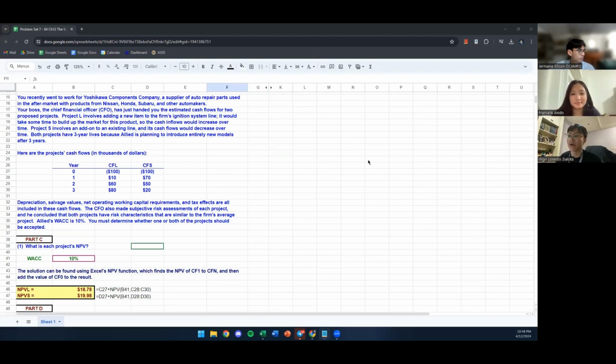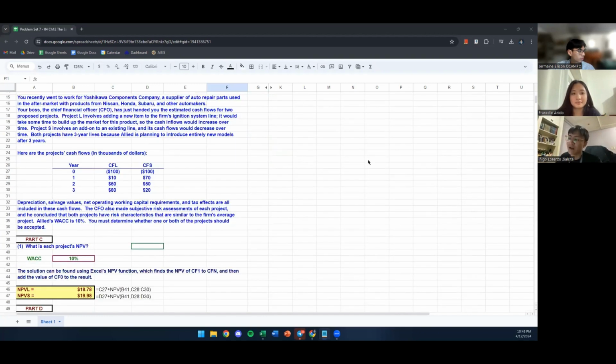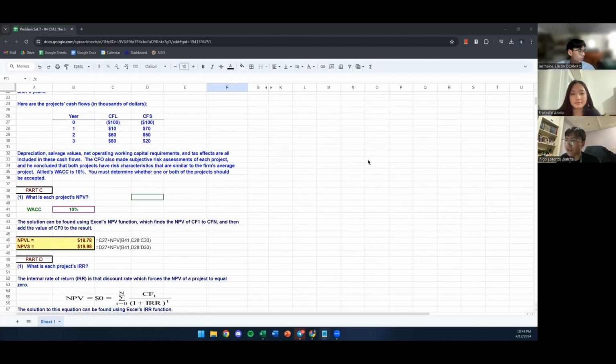So for the first part, part C, we are tasked to find the net present value of each project. As mentioned in the given, we utilize the NPV function to find the net present value of the cash flows from year 1 to 4, the final year, and added the value of year 0 to the result. Utilizing the same WACC of 10% for both, we calculated an NPV of 18.78 for project L and 19.98 for